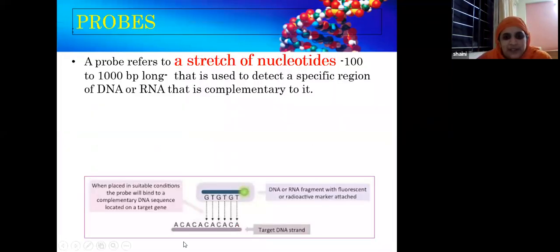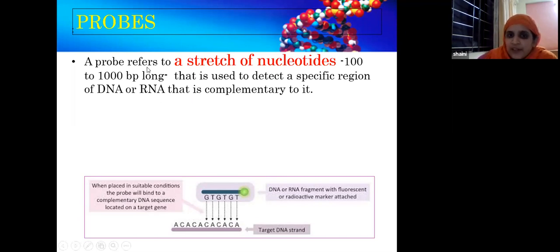Now, let me tell you what a probe, or a DNA probe, is. We all would have heard of a DNA probe. This is the target DNA, or the DNA from the patient or from the tumor sample. We want to test this part, this sequence of nucleotides. In order to test that, externally from outside, we add a base pair sequence which is complementary to it. This sequence of nucleotides is what is called a probe.